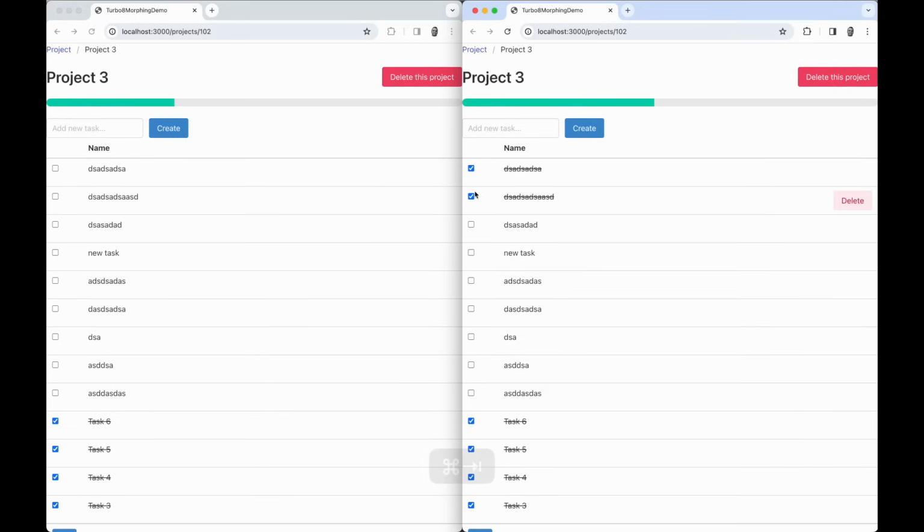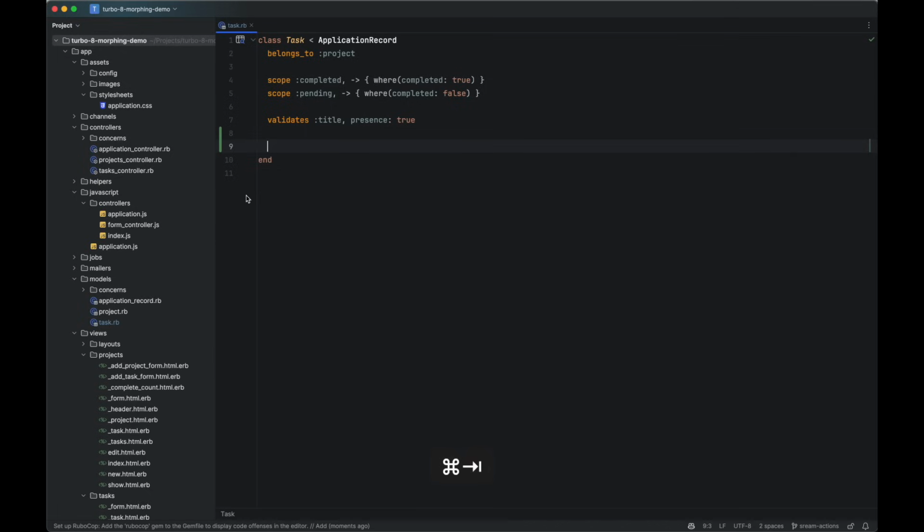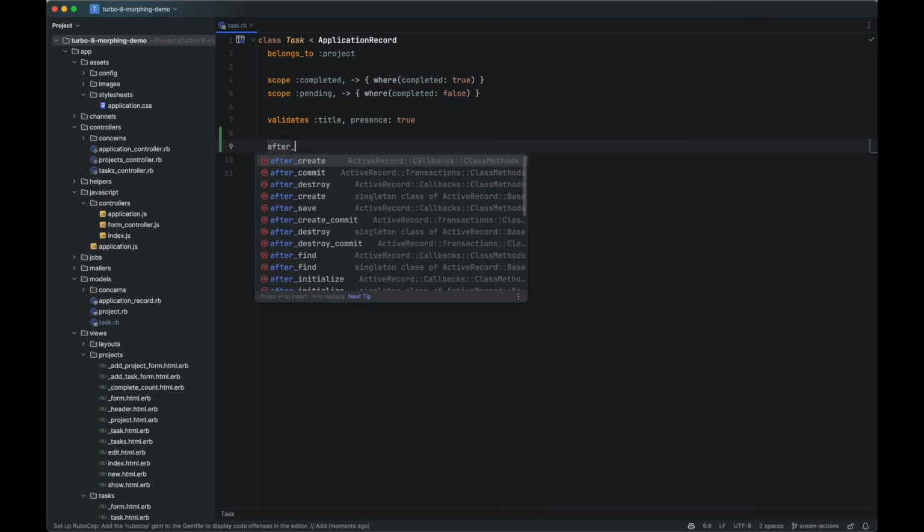Imagine that we want to focus on the update operation. Whenever you complete a task, you want to see it updated here. So we need to do two things. One thing is that we need the model or the server to broadcast that stream action whenever a task changes. In this case, whenever a task gets